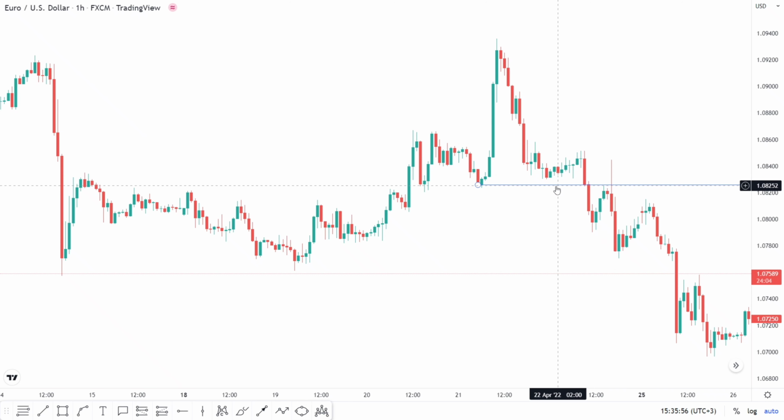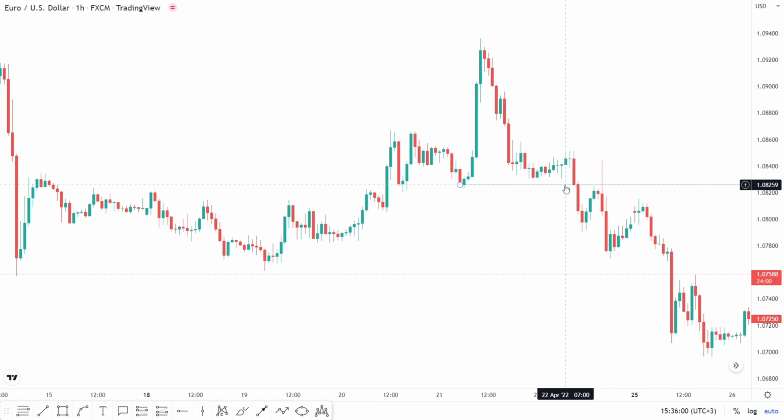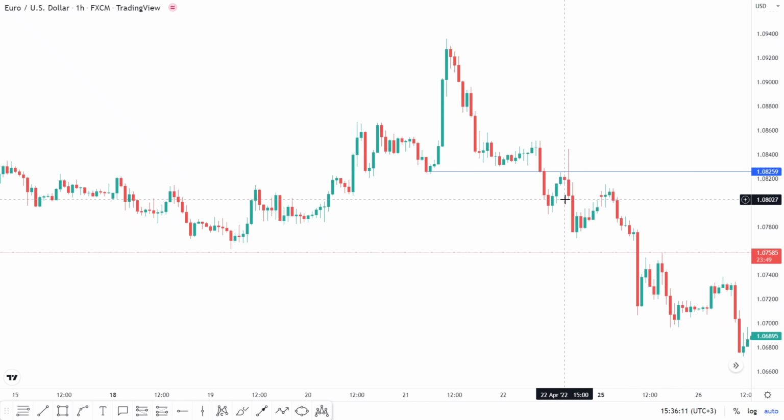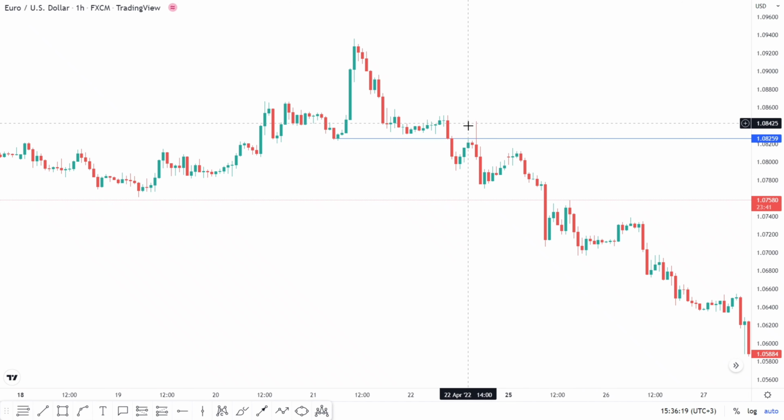So this being the neckline, you want price to break below the neckline for you to confirm that the head and shoulders is valid. So here price broke out to this red candlestick, confirming that it's valid. And we also got a retest, which is even the safest way to trade this pattern. We got a retest and we got a long shadow to the upside, which indicates that buyers have been rejected